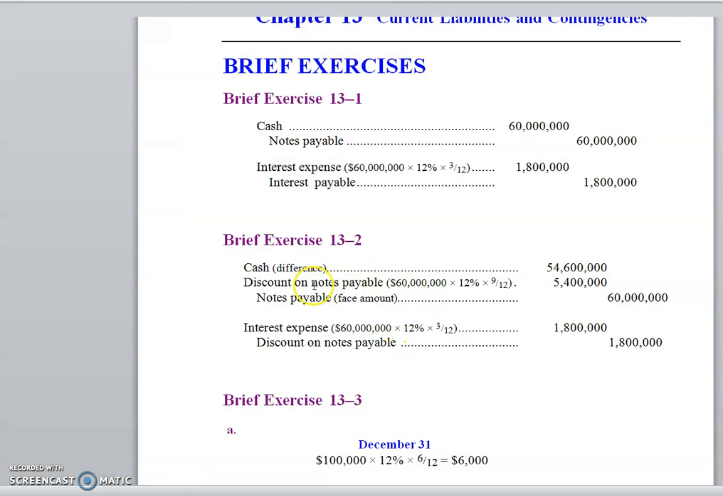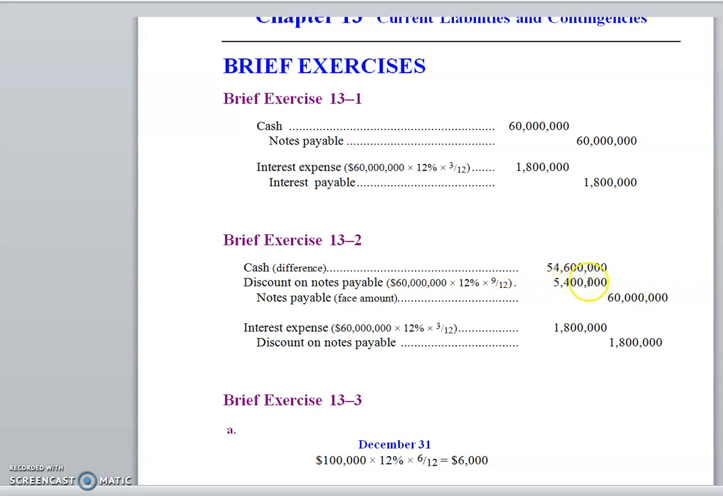In this case, so there we have our $60 million times 12% times 9/12 gives us $5,400,000 worth of discount or interest over the life of the loan. So we subtract that from the 60 million, and that determines how much cash we get. Okay, then at year end, we are paying 3/9